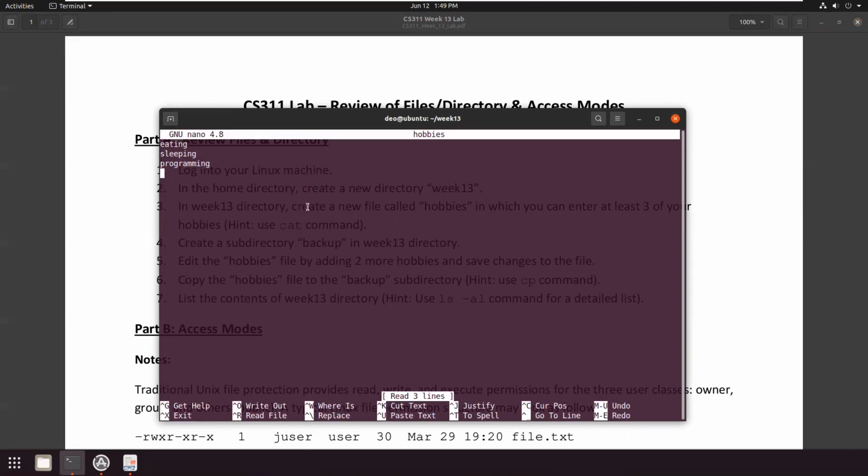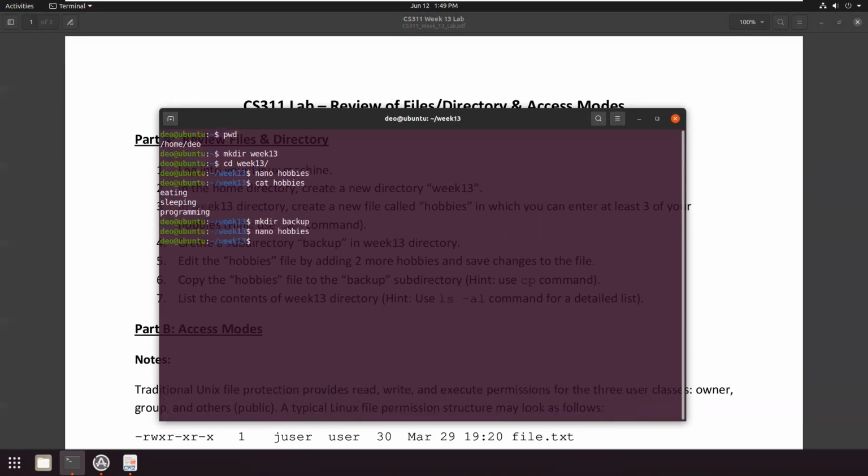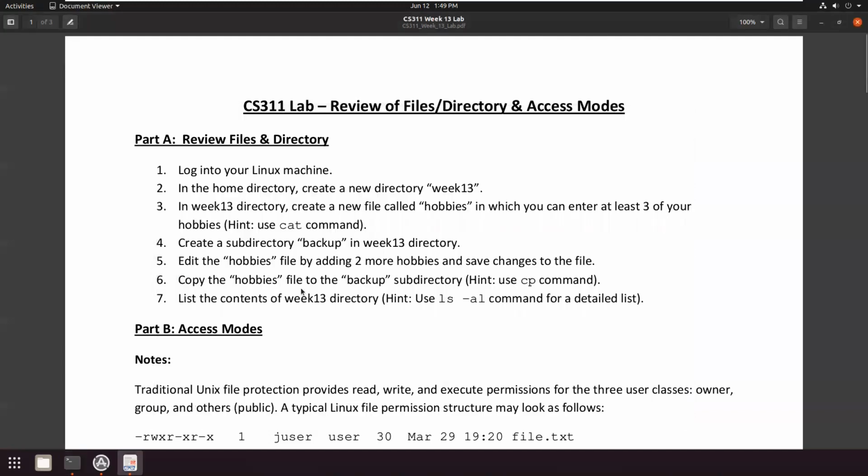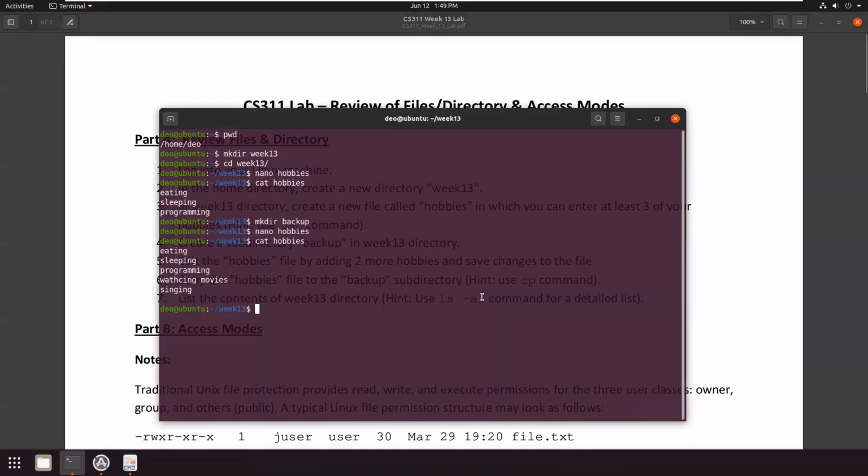So in here you will add 2 more hobbies, watching movies and maybe singing. Then again Ctrl O to save, enter, and then Ctrl X to exit. Let's verify whether we have the right things inside the file, cat hobbies, and we have 2 more things over here.